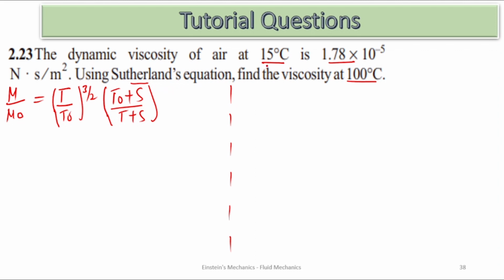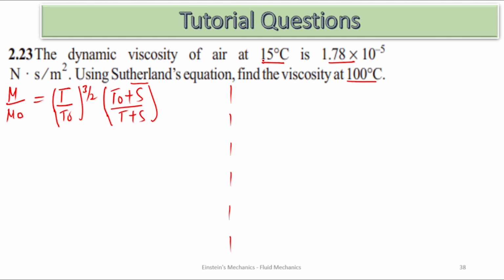We saw when tackling the tutorial that mu naught is the initial viscosity, whilst mu is the viscosity we are going to look for. T is the temperature at which we are looking for the mu, and T naught is the initial